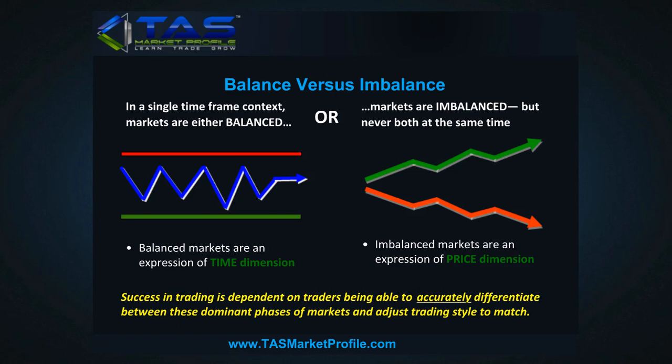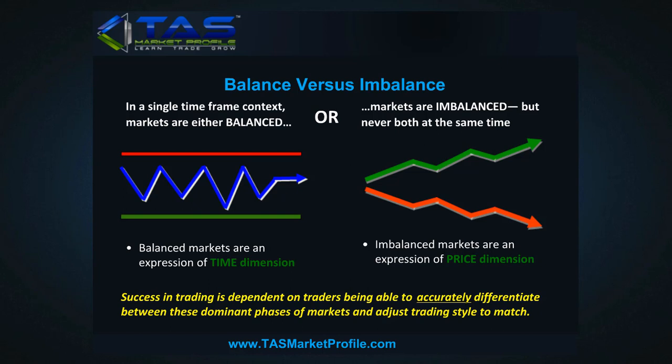So essentially what we're looking to do as traders is to identify these balance areas. That's really what it comes down to, okay? So we appropriately used red and green lines to delineate these balanced areas, okay? The top end of the balance area, the red line, supply area, the bottom being the green. So when markets stay within balance, between the red and green lines, whatever that range may be,